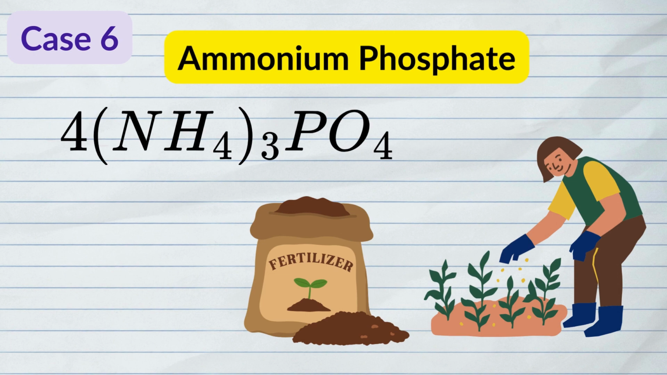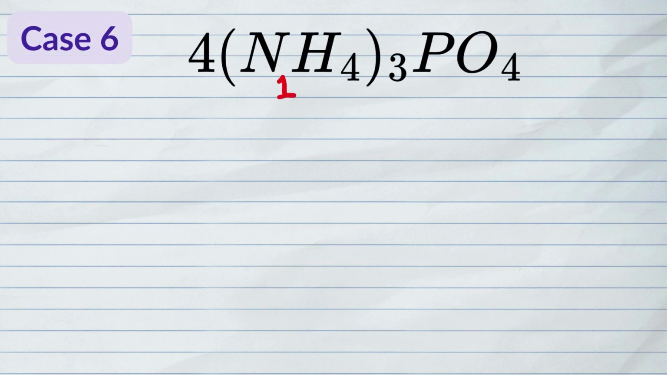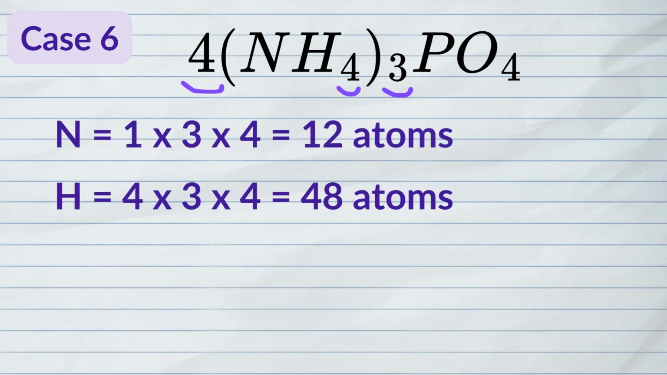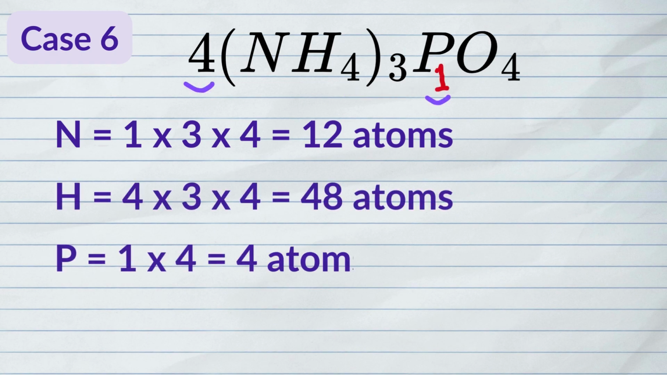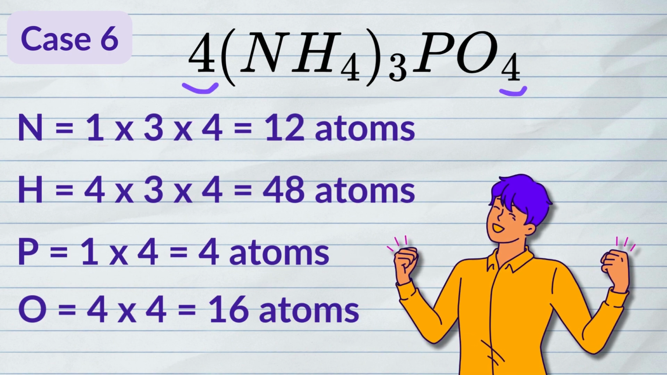Case 6, ammonium phosphate, which is (NH4)3PO4, but then there's a coefficient of 4. So the number of nitrogen atoms equals subscript 1 multiplied by subscript 3 outside parenthesis multiplied by coefficient 4 equals 12 atoms. Hydrogen equals subscript 4 multiplied by subscript 3 outside parenthesis multiplied by coefficient 4 equals 48 atoms. Phosphorus equals subscript 1 times the coefficient 4 equals 4 atoms, and oxygen equals subscript 4 multiplied by coefficient 4